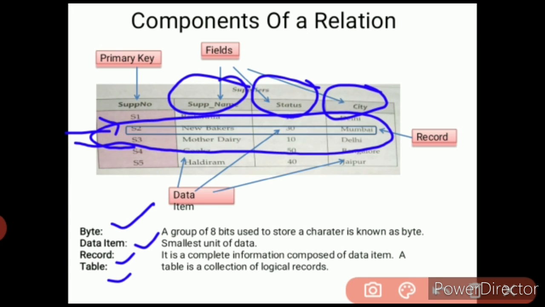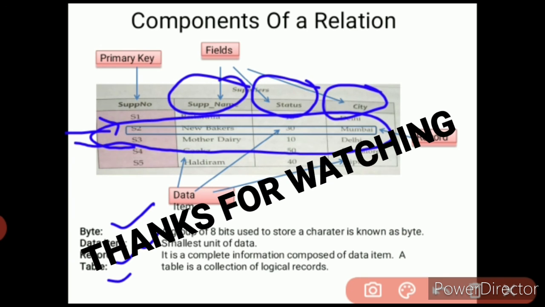Go through all the topics properly, and still if you have any problem, I will make you understand. Firstly, you have to make a particular table so that you can easily understand how we have to make the tables and how we have to connect the tables. What is the basic meaning of the primary key, right? So please revise this topic properly.